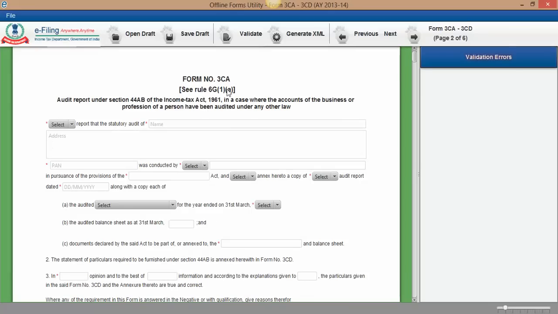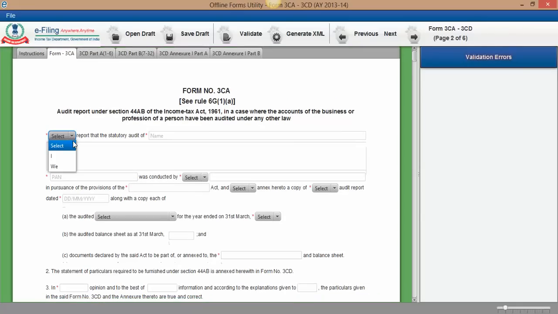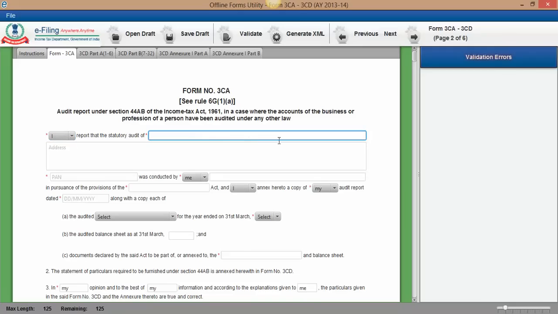Let us see, this is form number 3CA, which is called the audit report, and 3CD is the annexure to this audit report. First of all, we should understand how to fill this. You need to select I or V. If it is a single chartered accountant who is going to audit, like a proprietorship firm, then he will select I. Otherwise, if it is a partnership firm of chartered accountants, he will select V. In my case, I will select I, and then the audit of, here the name of the client,